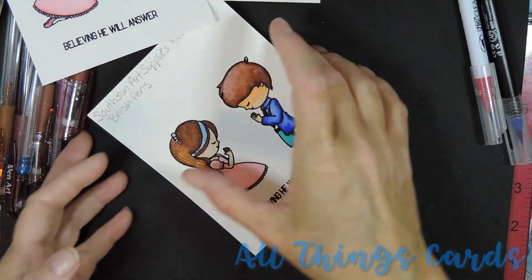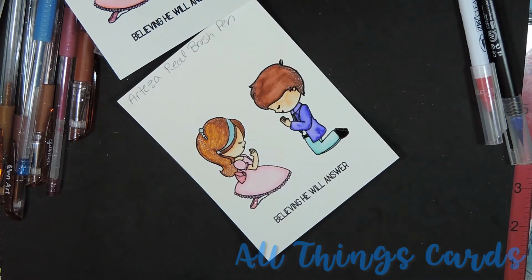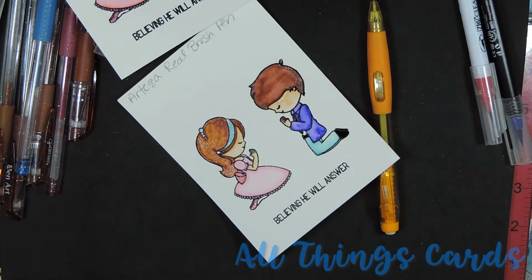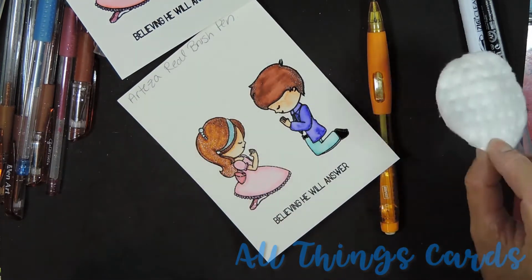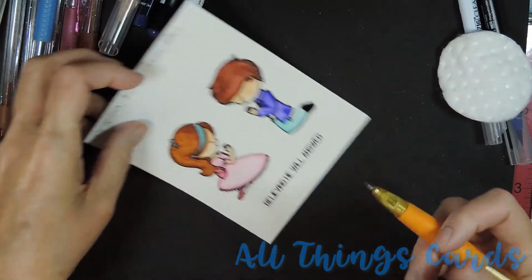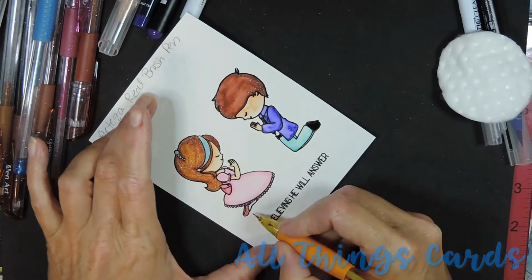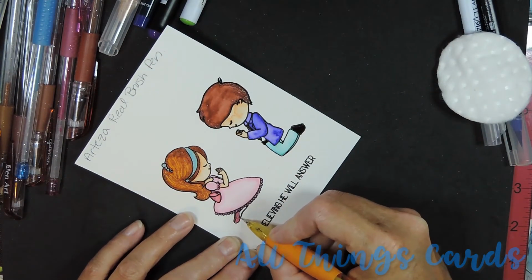So, I drew on that one. Let's take this one then. And my pencil. And a cotton puff thing, cotton pad. So I do have a whole bunch of art pencils, but I don't have them handy, so I'm just going to go with this. I'm going to take my pencil and